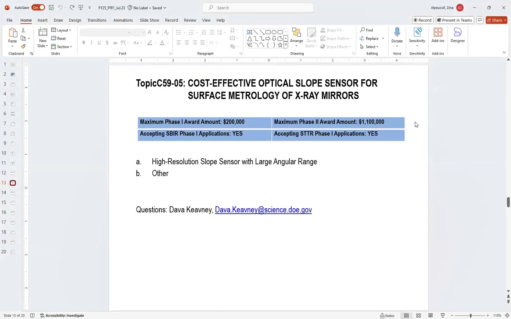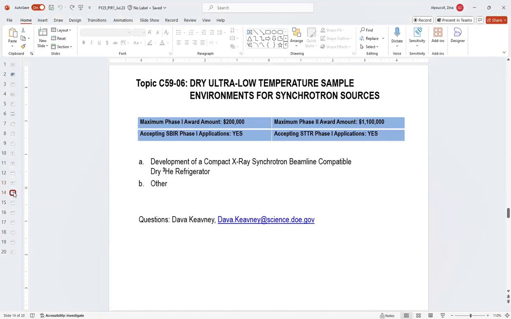Questions? No questions submitted, so we can move to the next topic. All right, so this is my last topic I'll cover, number 6. Here we're looking for the development of a closed cycle sub-Kelvin measurement capability optimized for X-ray scattering beam lines to enable the studies of quantum materials and quantum devices, specifically compact X-ray synchrotron beamline compatible